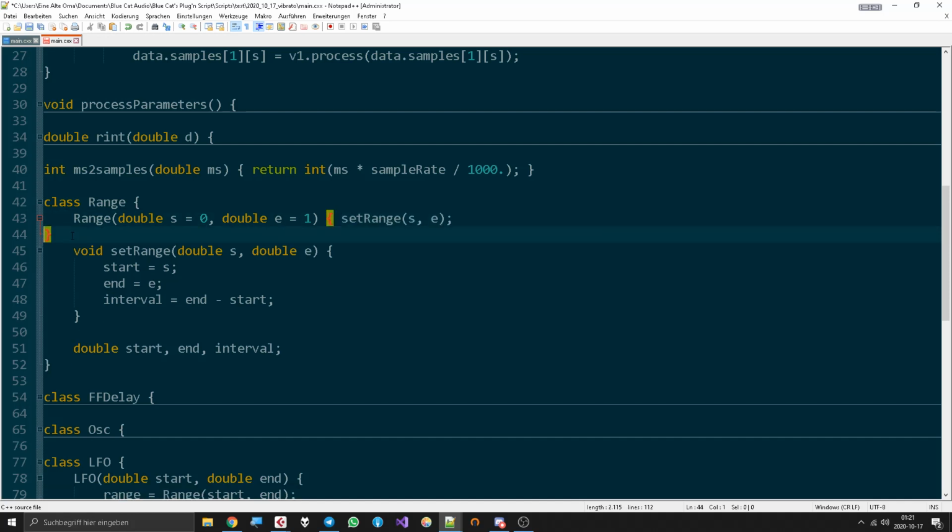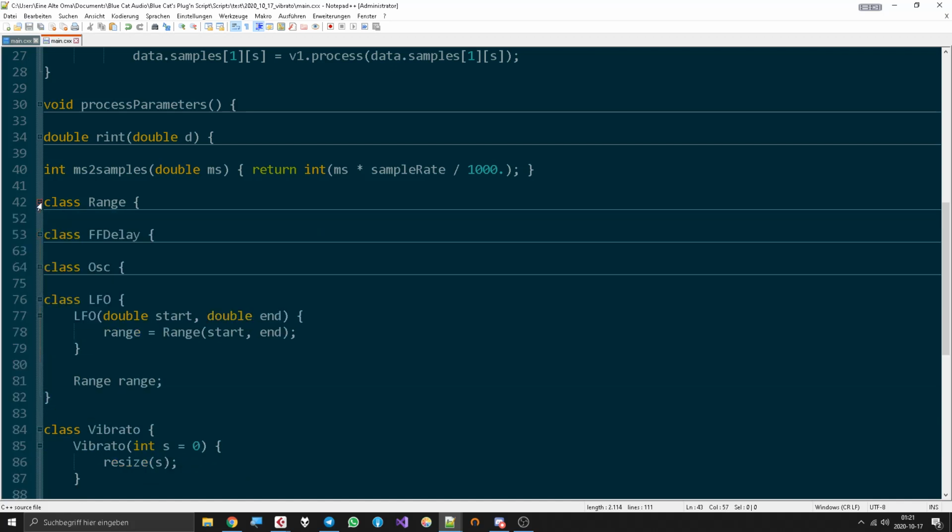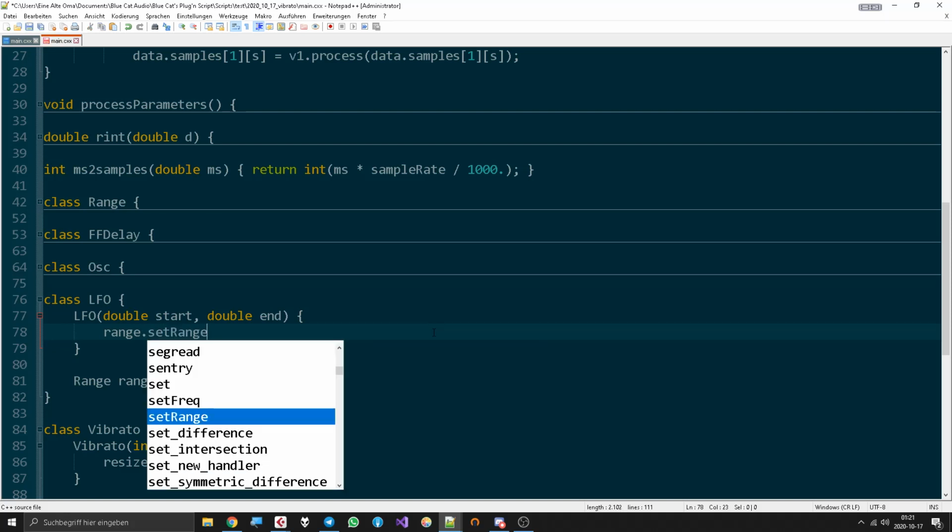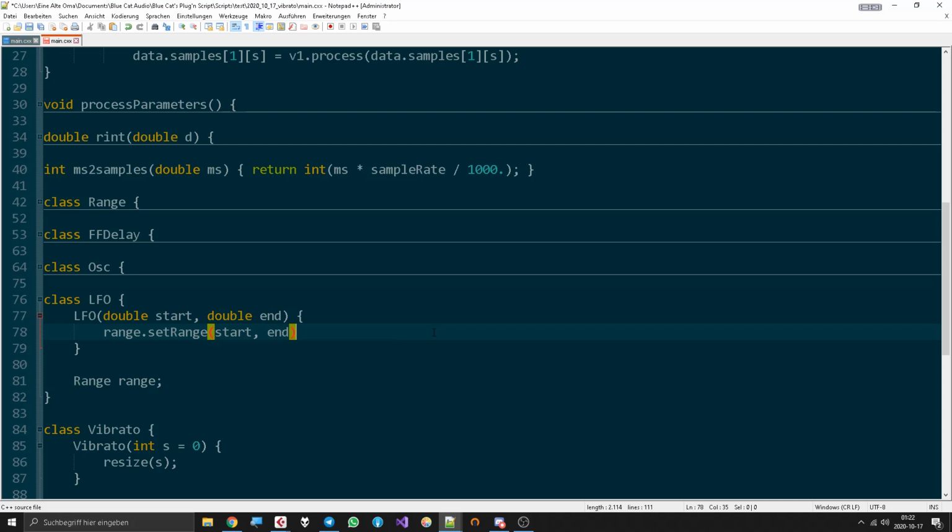Okay, so now we don't have to test if the other thing would have worked, and can just say range set range start end. Okay, now we have a range,